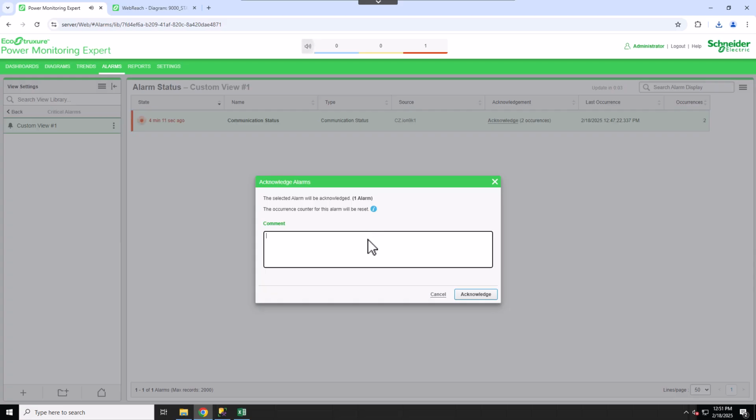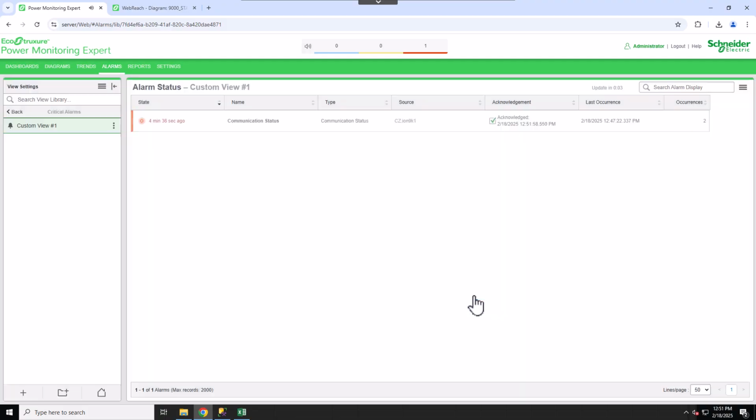Let's demonstrate how to acknowledge an alarm and see what happens to the alarm card. Notice that while the alarm remains active, the dot is blinking but only has a red border, indicating that it hasn't been fully resolved yet. That's a quick overview of how to navigate and utilize the alarm features in our custom view.